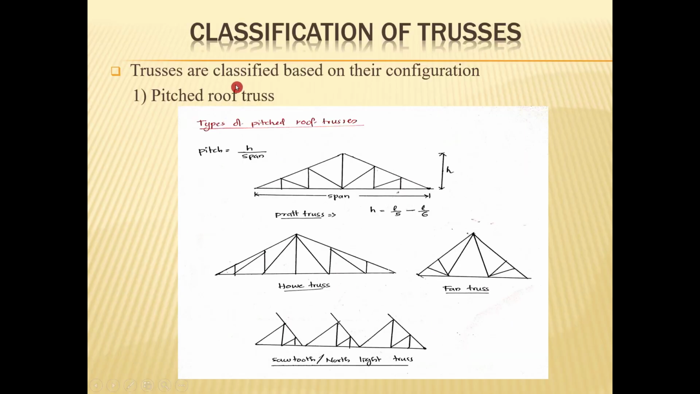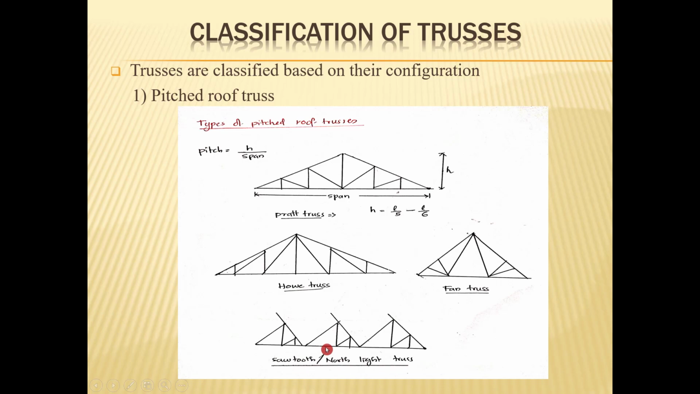So the first classification is the pitched roof truss, where there is an angle of slope and the pitch is defined as h by span, where h is the centermost height of the truss divided by total width of the truss. This is the figure for Pratt truss, and normally the h is provided ranging from L by 5 to L by 6, and we have the Howe truss in this geometry, and the saw tooth or north light truss,